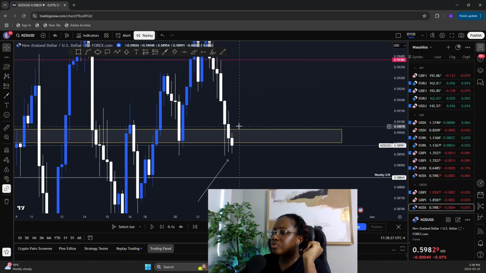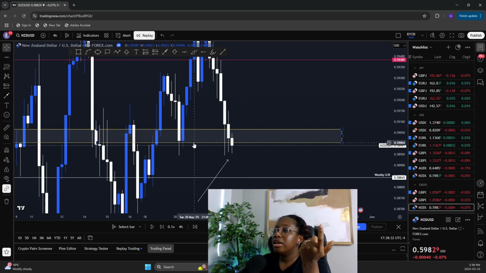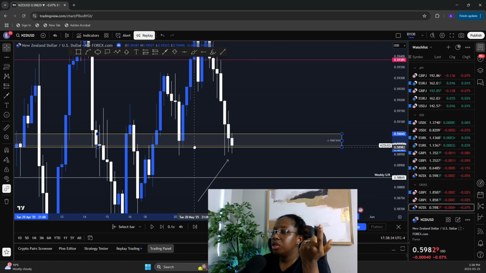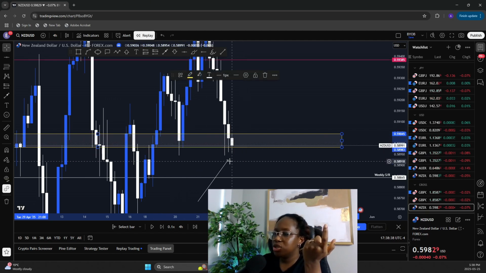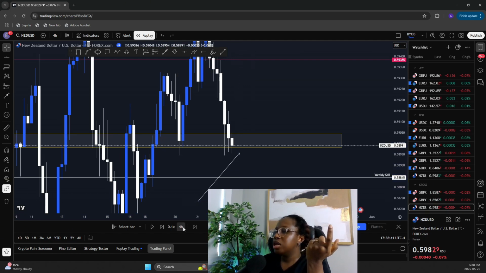But yes, we have the zone here. It looks more like a fake out. If we even adjust the zone a bit lower, you would see that it aligns with the previous level of support and then came back as support again, right? So then if you play the next candle,